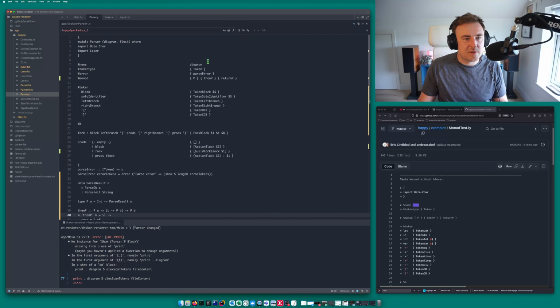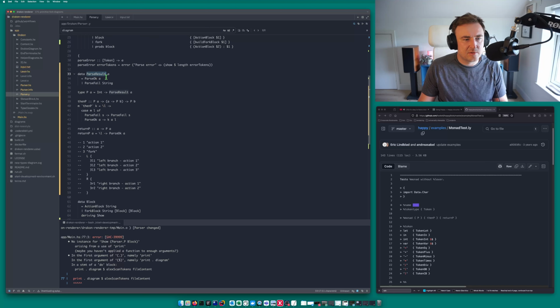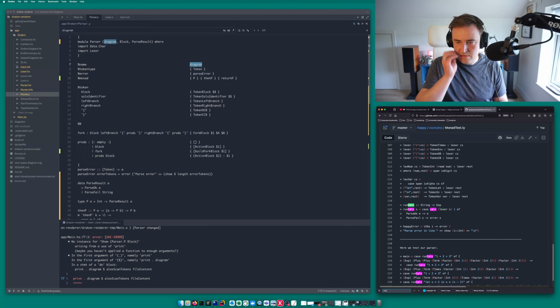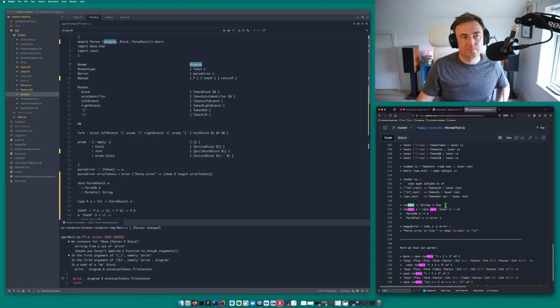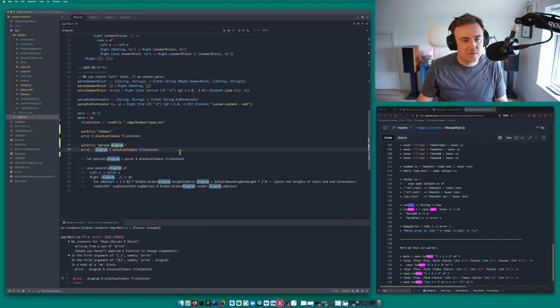In our case, name is diagram. But we also need to expose this type. Parse result. Oh, sorry, scan tokens is a lexer function.